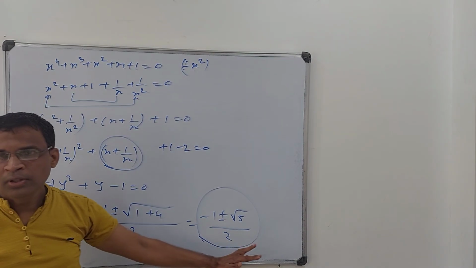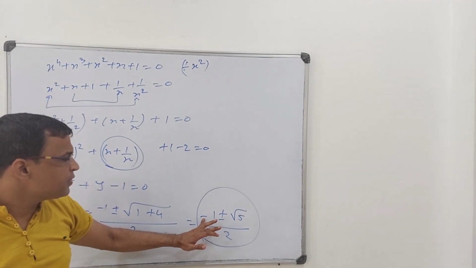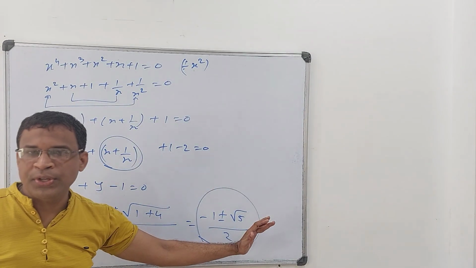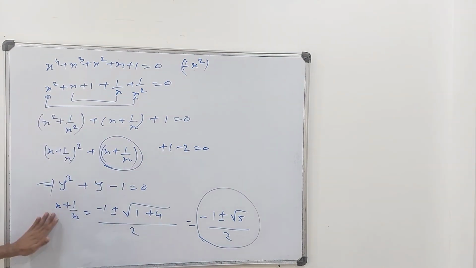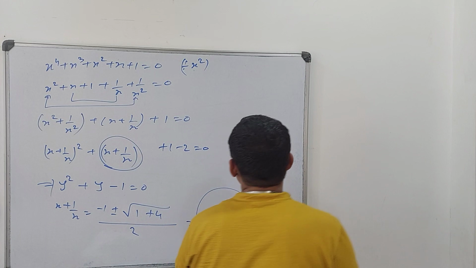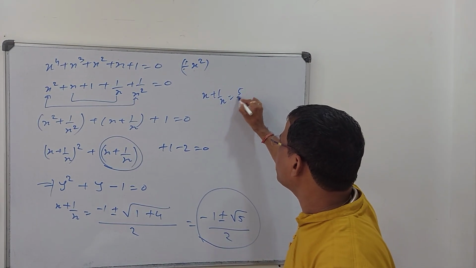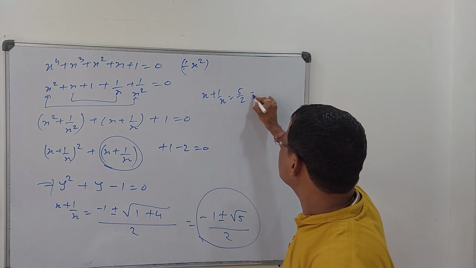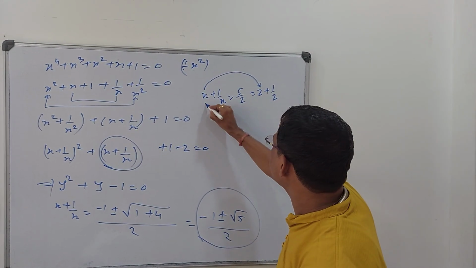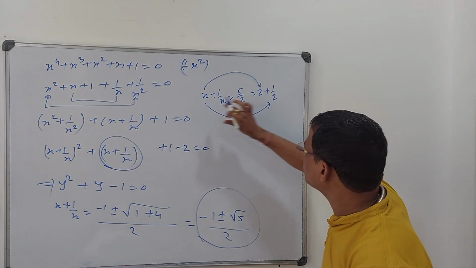It is possible. I can give the clue. You can take the minus sign common, and then you can just think about it, you can get two numbers here whose sum is just matching with this. Fine. So something like that. I am just quoting one simple example. If you are getting something like x plus 1 upon x is equal to 5 by 2, so you can write down 5 by 2 as 2 plus 1 by 2. So your x value will be 2 as well as x value will be 1 by 2. Fine. So obviously x could be this, x could be this.